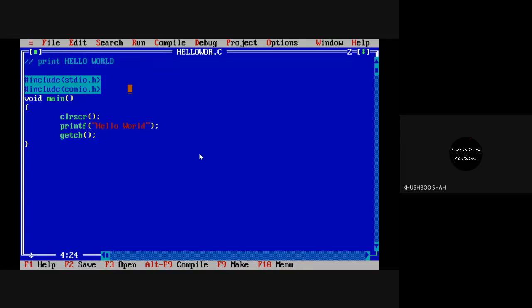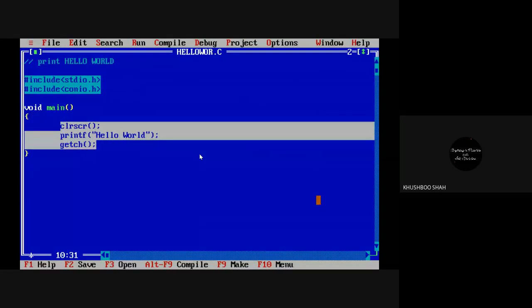Now here we have some libraries. What libraries are and why we are adding them, we will see later on. But I want to print this word hello world. That's it. For that I have given 3 instructions to the computer.